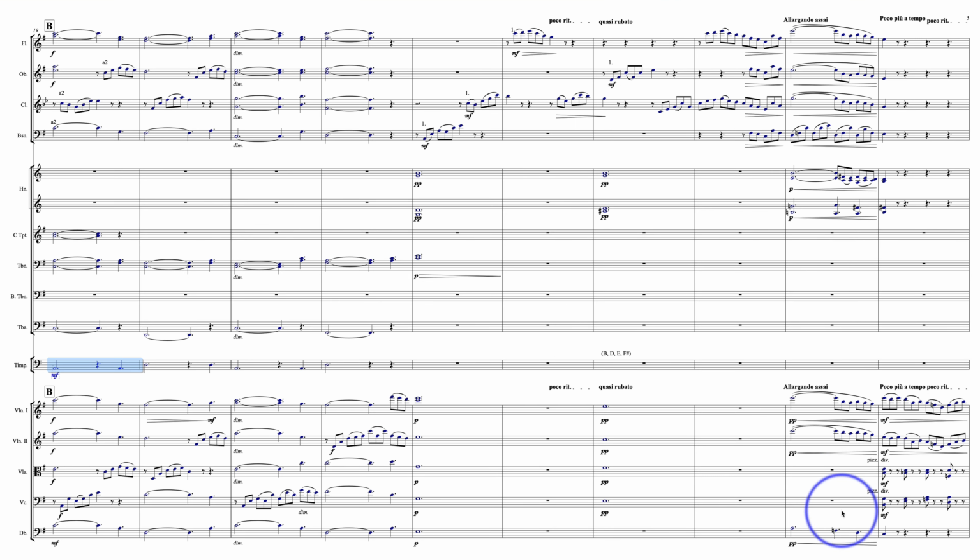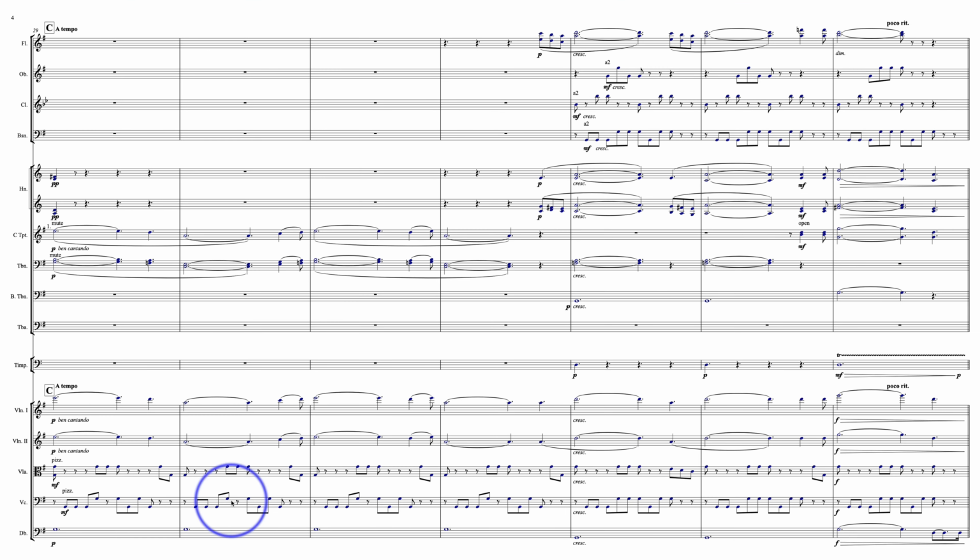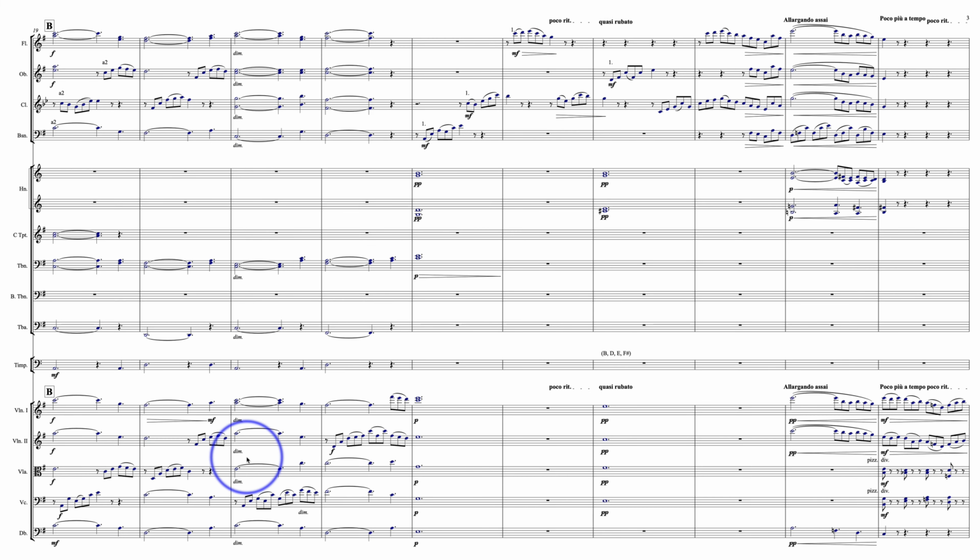So, I understand. Hang on, if I just get this to change to the next page. I understand the logic behind it and the way that it leads to this pizzicato thing. So I don't mean to tease you about it or be mean about it or anything like that.